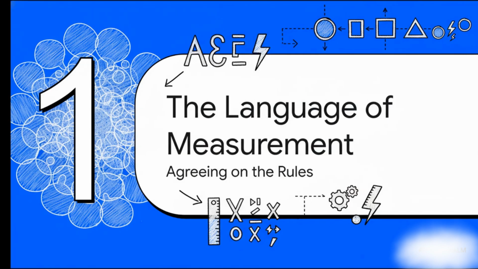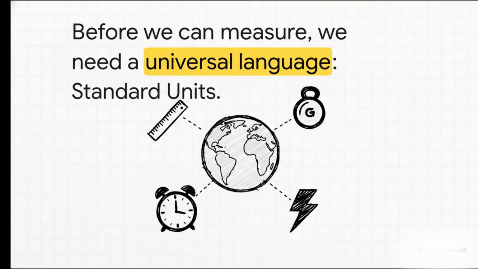Okay, so our journey doesn't start with some clever gadget. Nope, it starts with an idea. See, before you can measure anything at all, everybody has to agree on what the measurements actually mean. You've got to create a language first. I mean, think about it. A measurement is totally useless if my volt is different from your volt. So the very first step was creating these standard units, a shared universal vocabulary for things like length, mass, time, and of course, electricity. This is the absolute foundation for everything that comes next.